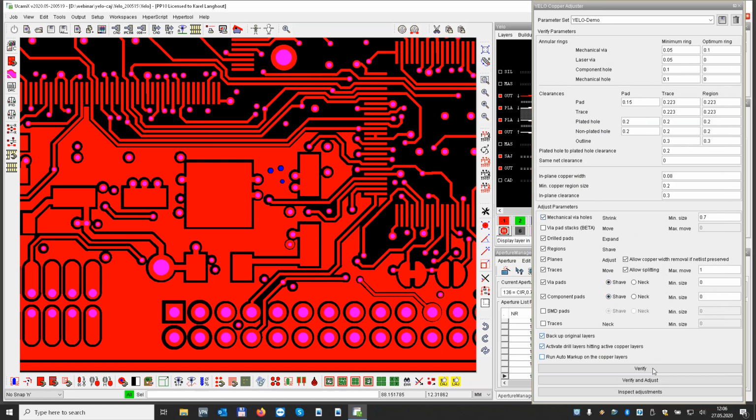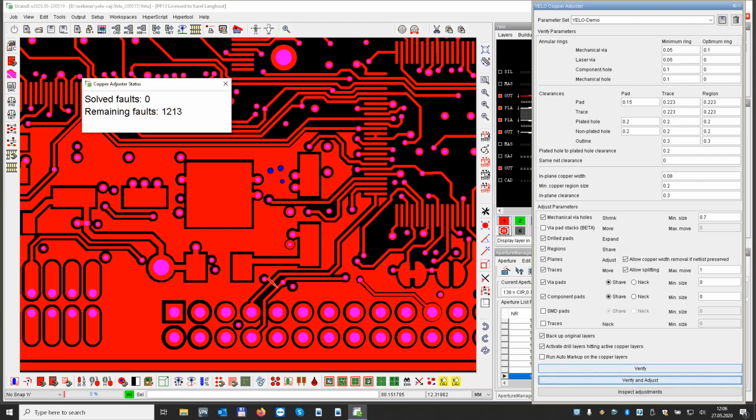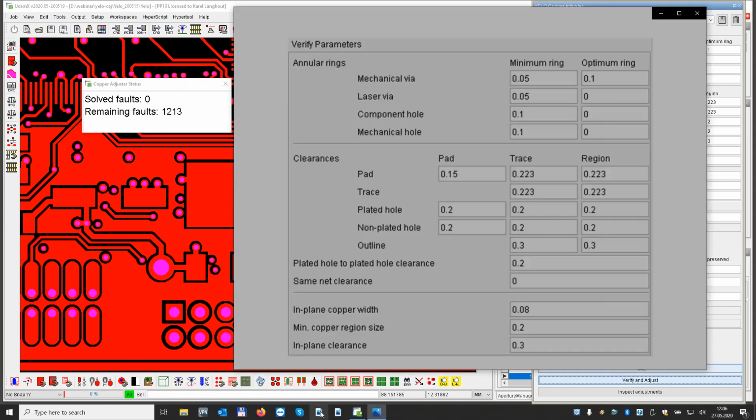So I will first start the optimization because I will do it on the whole job in one go. And while it is optimizing the whole layout, I will explain the interface. Okay, so I press the verify and adjust. You see it starts also solving faults. So this is actually now where we can say, okay,